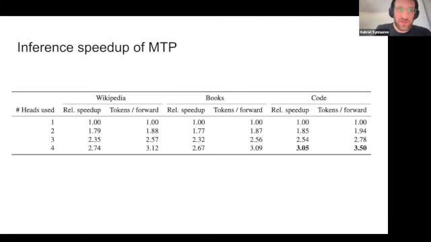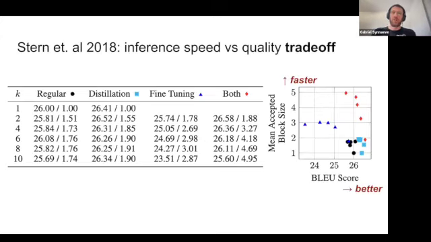So those are, for instance, inference speedups. If you use 4 heads, we have a relative speedup of 2.74, and on code it is actually 3.05. So on code, what it means is 75% of the time you can move up by 4, right? If you average out. So it means 75% of the time you get accepted. So that gives you a speedup kind of for free. So this is good. This is useful.